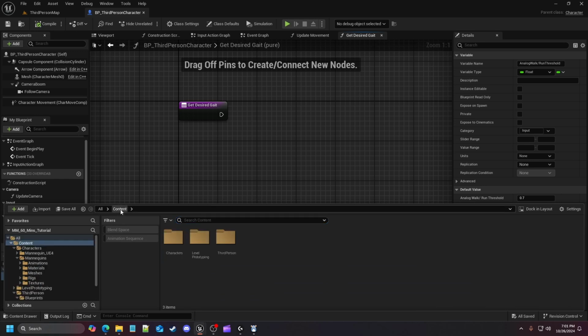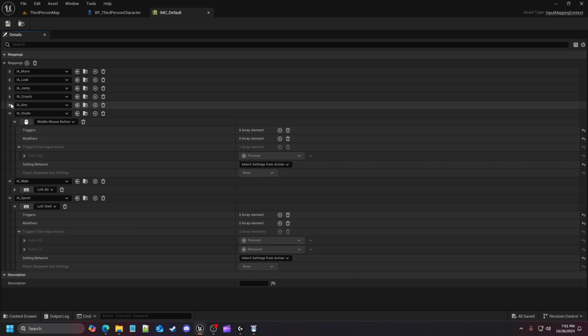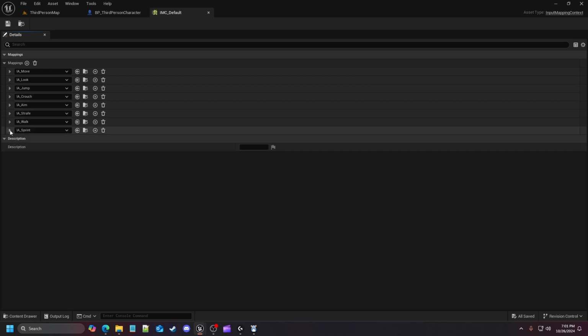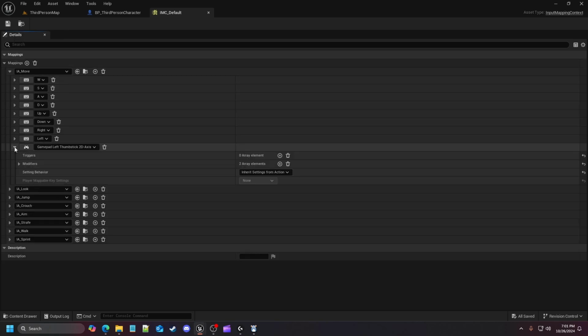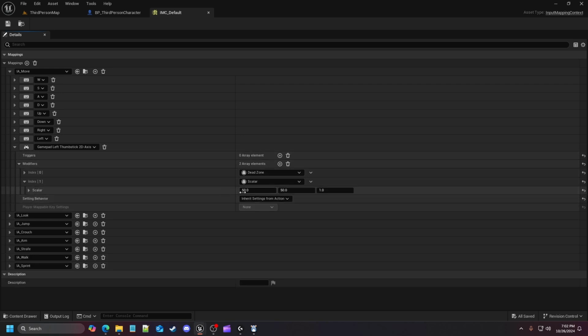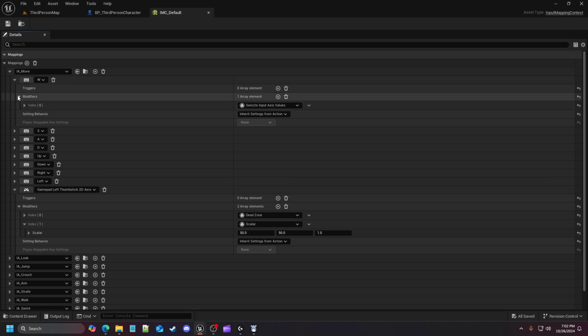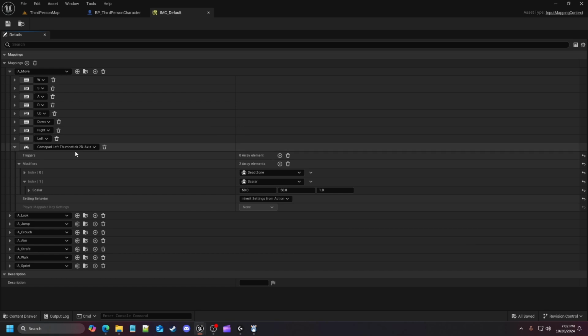To show you what I mean by that, I'm going to open up my content browser, go to content, third person, input, and go to the IMC default because I believe it's set in here. Let me close all that, save it, and then if we go to our move, I believe it is, yeah, here. I believe it's also in here. No, it's not. I think it's just gamepad specifically, but you can see that it has a 50, 50,